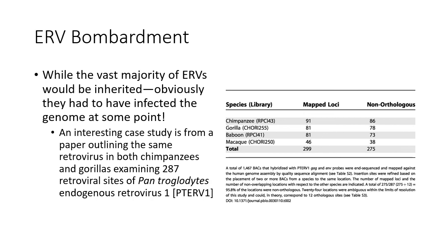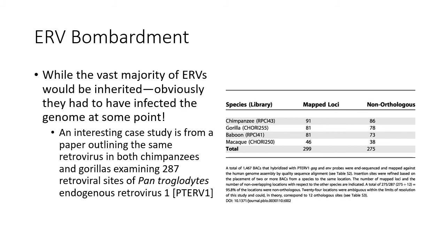Another way to ask that is, well, obviously, while the vast majority of these would be inherited, they obviously had to have infected the genome at some point. So here's an interesting study. This is a 2005 paper that was looking at 287 retroviral sites in chimpanzees, gorillas, baboons, and macaques. Basically, it was looking at a particular region of ERVs, and they found that of the 299 they looked at,